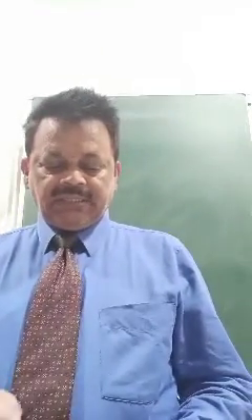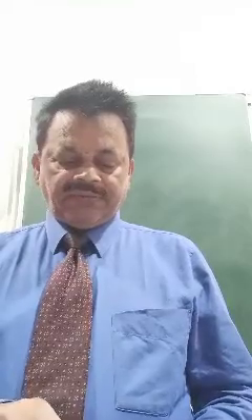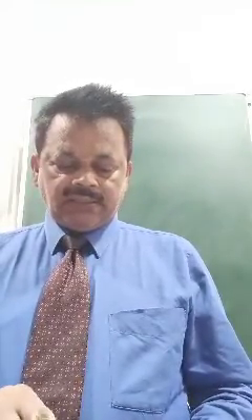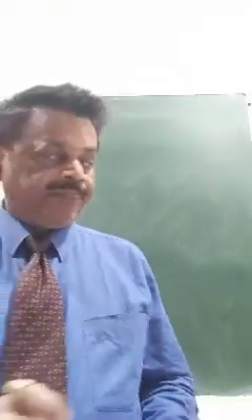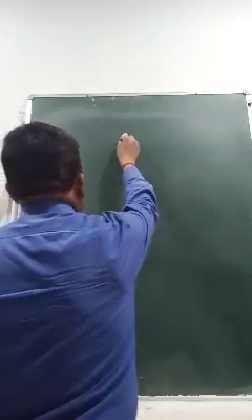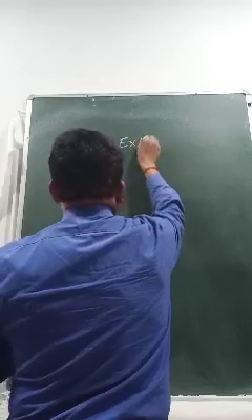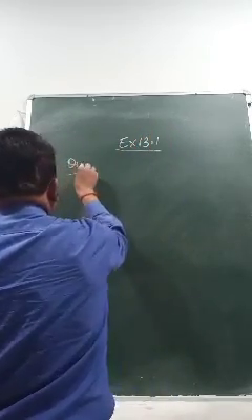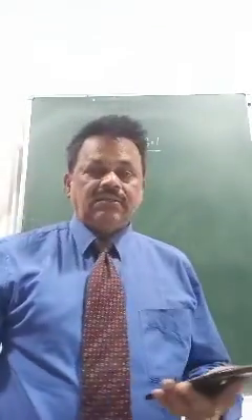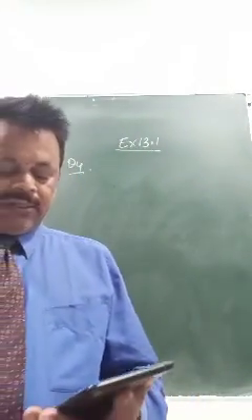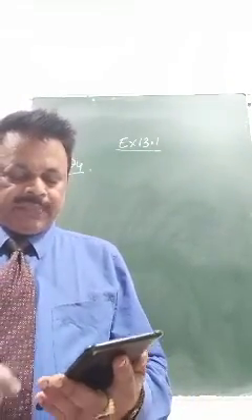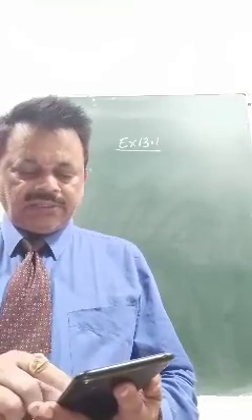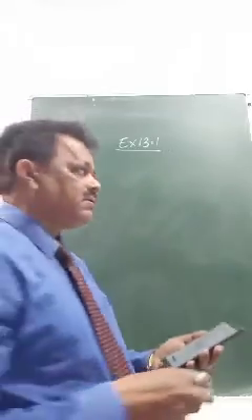There was a little mistake with question number 4, 5 and 9 of exercise 13.1. Let's discuss it again. Exercise 13.1 question number 4. I have already written it, so I will not discuss it. The only thing I want to show you here: a cubical block of side 7 centimeter is surmounted by a hemisphere.